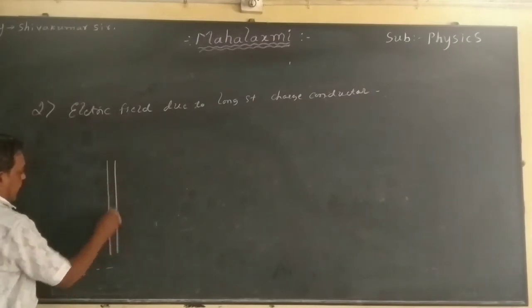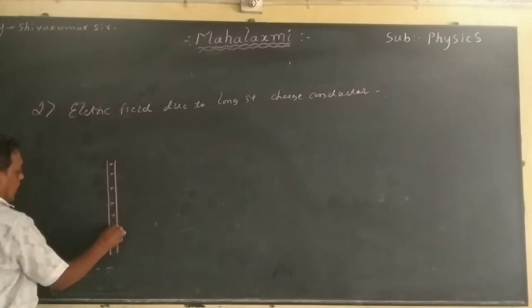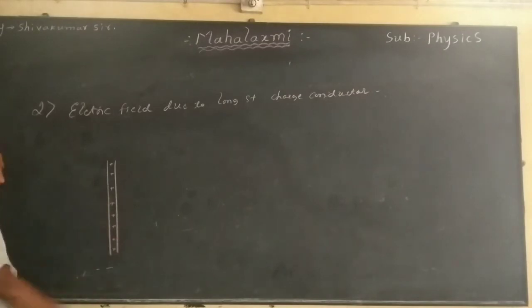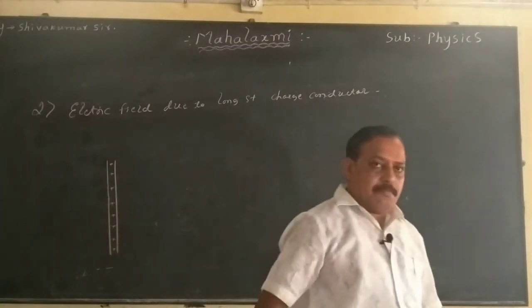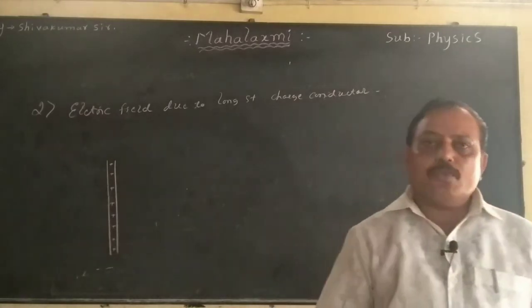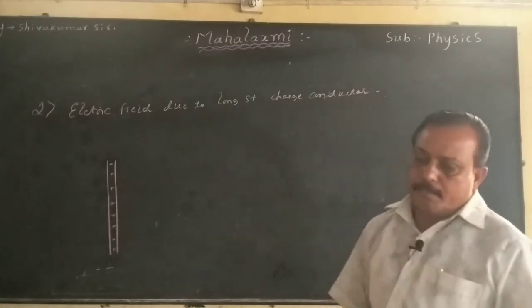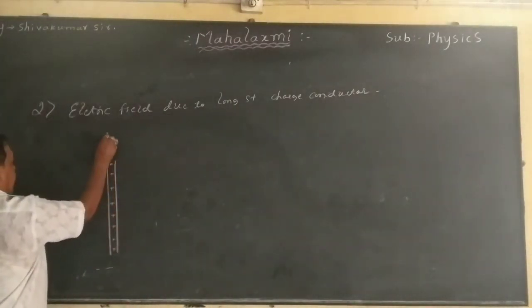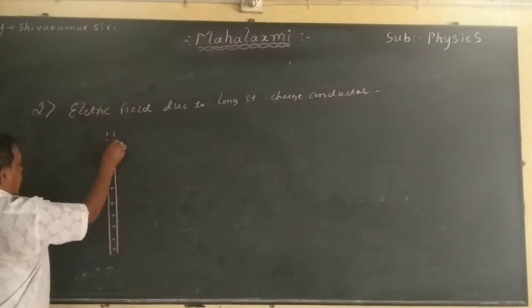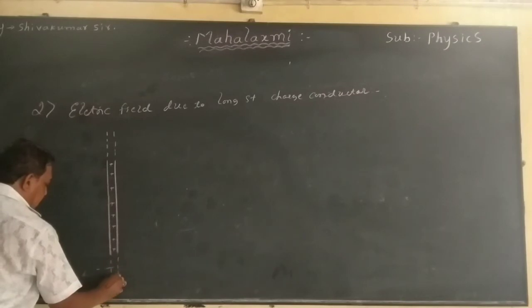When the charge is given to it, the charges are available on the surface of the conductor, distributed along the length. Then when there is a distribution of the charges, I must go towards whom? Gauss. Unless I apply the Gauss theorem, I cannot calculate the electric field. And this conductor is of infinite length. The dotted line indicates what? Infinite length, that is, the length of the conductor is large.